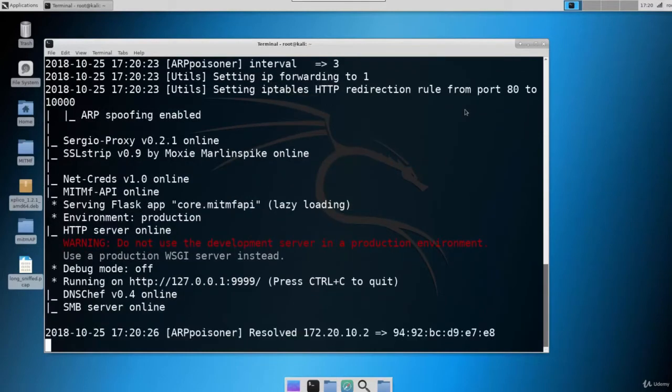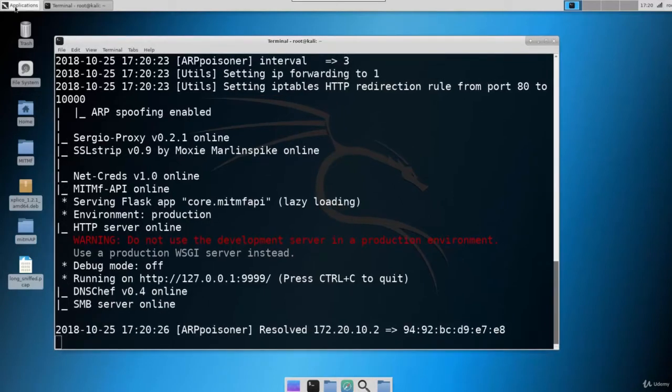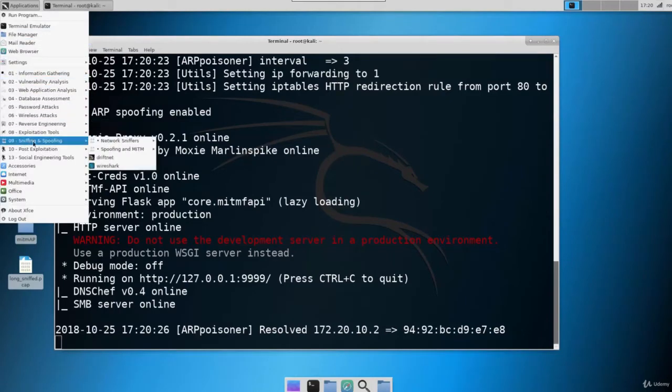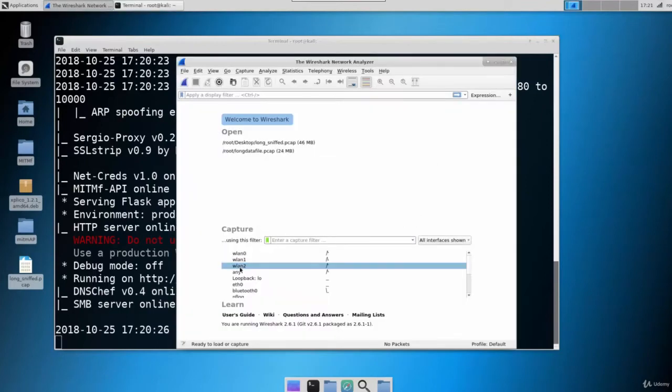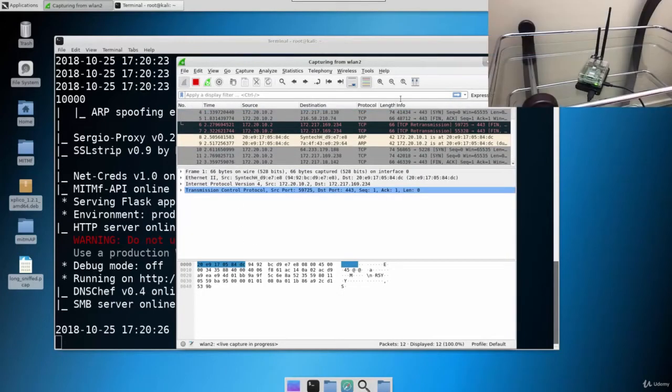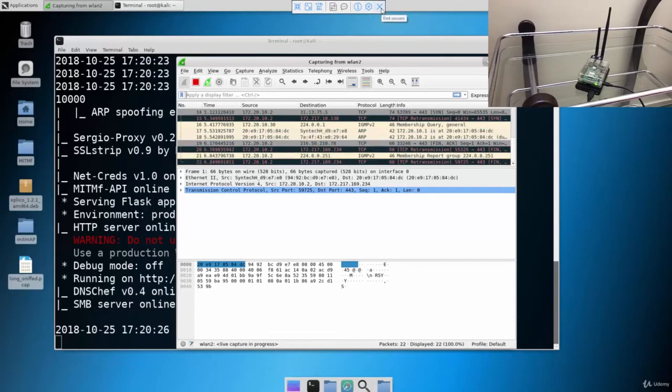right? The IP is resolved, and let's just move into our victim machine on the victim network and try to see if the attack is successful or not. Let's just start Wireshark over here as well, right? So we can analyze the traffic. We can start it in application sniffing and spoofing and Wireshark, right? So Wireshark is started, and all we have to do is select the network on which we are attacking. So it's WLAN 2,